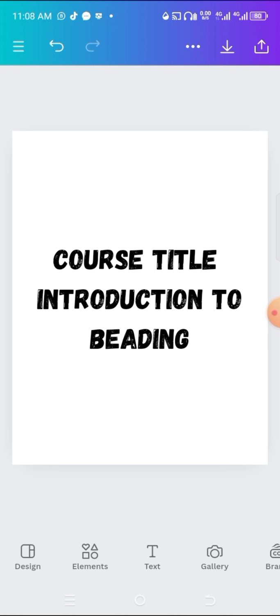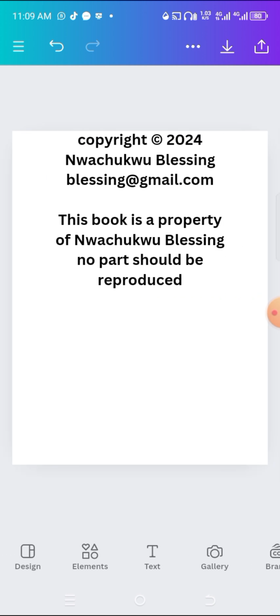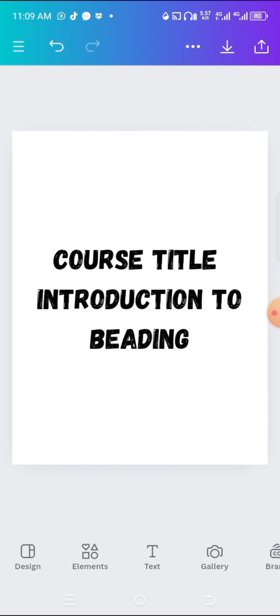photo credit. You give credit to the person who designed the photo. You say photo credit, blah blah blah. Let's say maybe you're getting it from pixel.com. You say photo credit pixel.com. For instance, there are several other websites like that where you get free images, stock images. Don't forget to give credit to the designer. And then